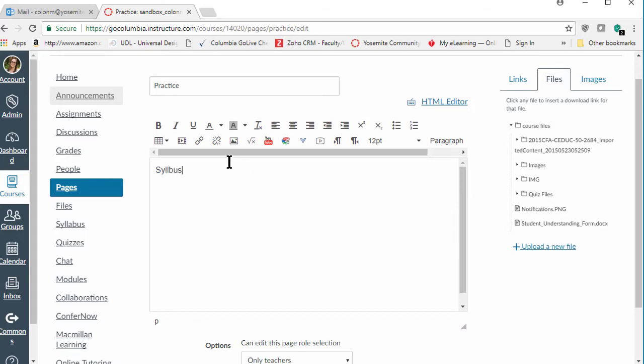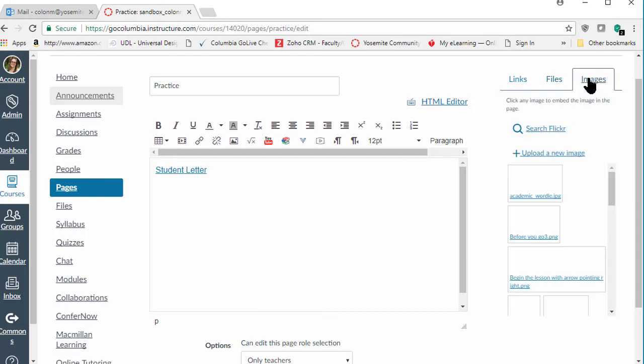in my file manager, whether it's here in the global manager or in the local files for this particular course, I should have it ready to go. So notice, this is going to be student letter. I can highlight this. My file is ready to go. It highlights, that means it's active and it's linked. And then I can also go over here to the images that I've preloaded.